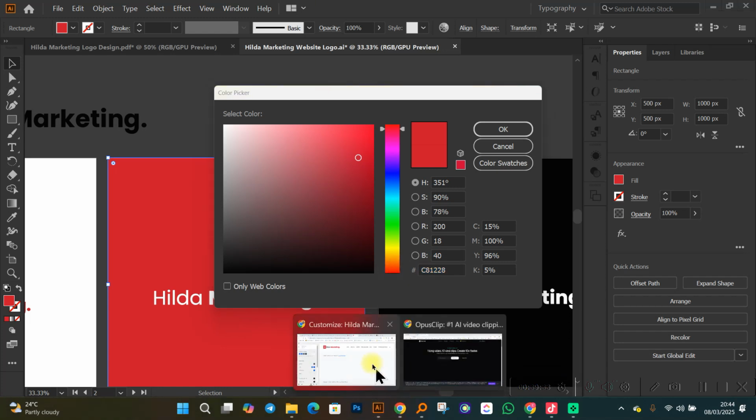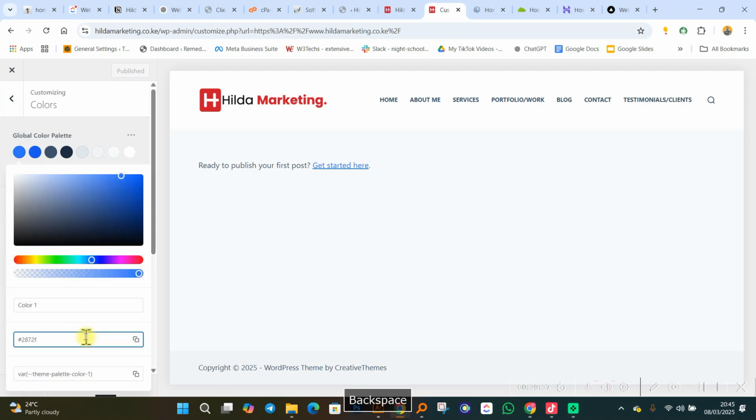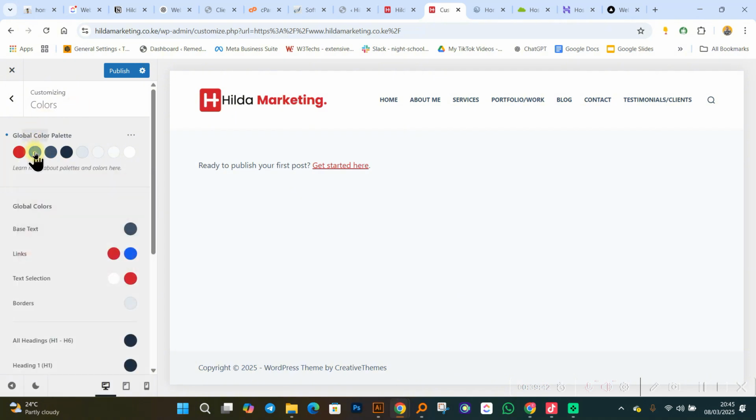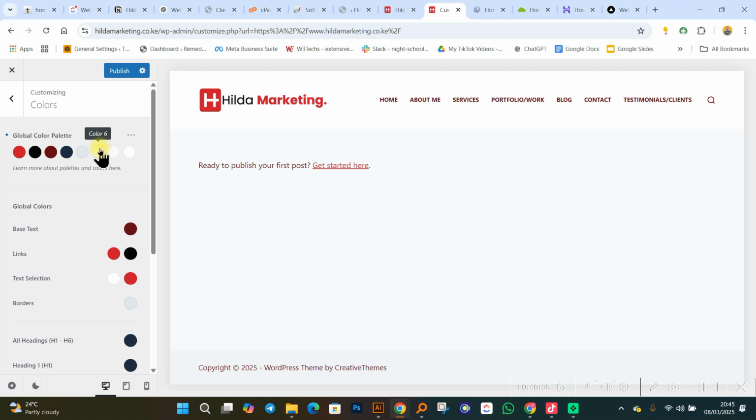And then after I copy it, I can come over here, click on color number 1, delete this, and add that as my first color. And then my second color is going to be black. So those are going to be basically the global colors. I can even add another color over here. For example, I can paste the same color code that I had over here, but now just use a different shade, by dragging this in the color picker. And then once I'm done, I can just have something like that.